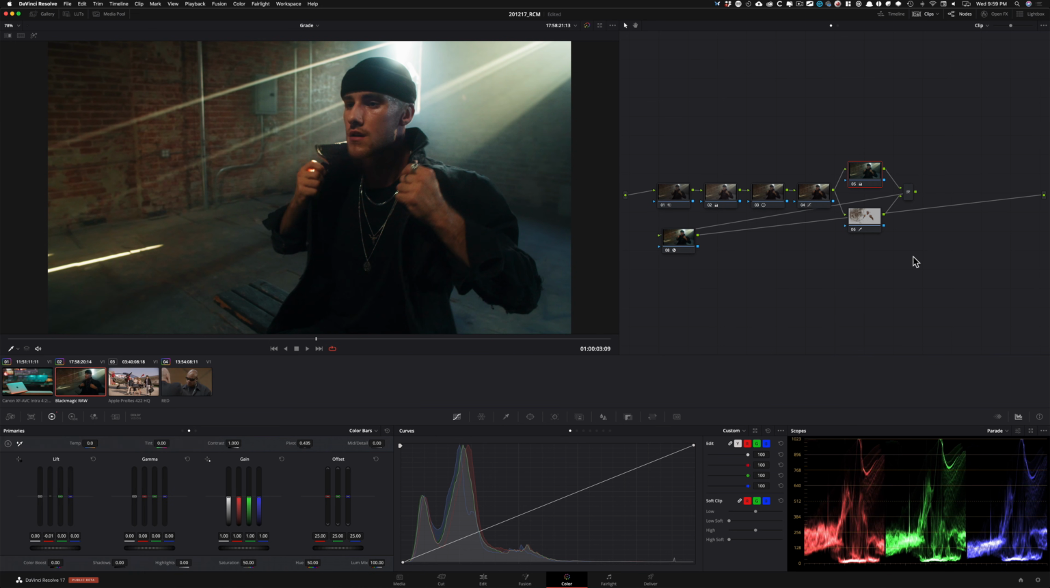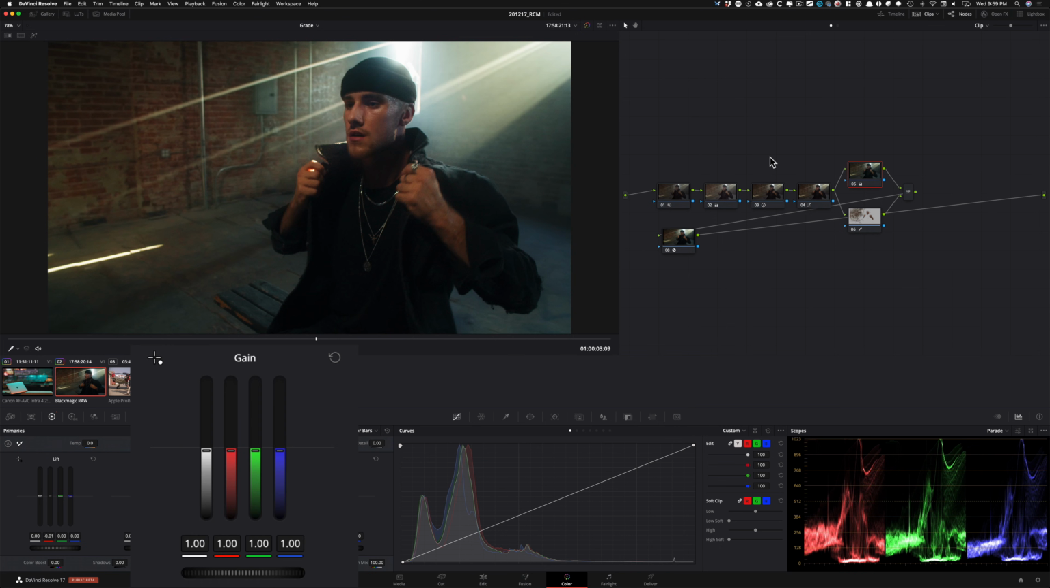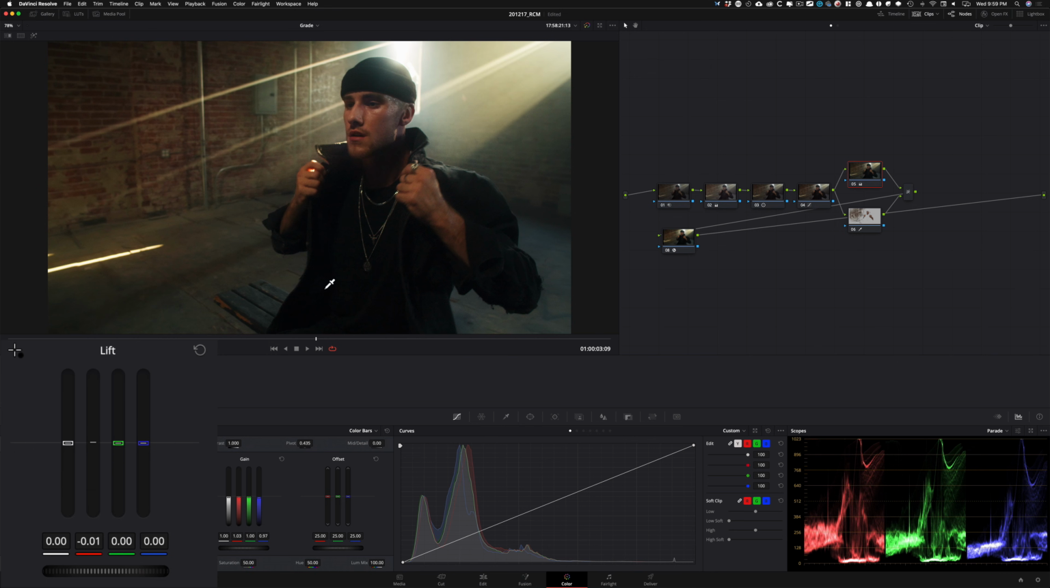Not too much though, because then it's gonna look unrealistic. So even something like this is pretty dramatic, but it's looking pretty good. And I'm gonna take my blue gain and add some warmth in my highlights. Okay, so that's what I'm doing. Then I'm gonna take my red gain and add some red up there. Then I'm gonna go back into my red lift, and I'm gonna keep adding that teal to kind of create that